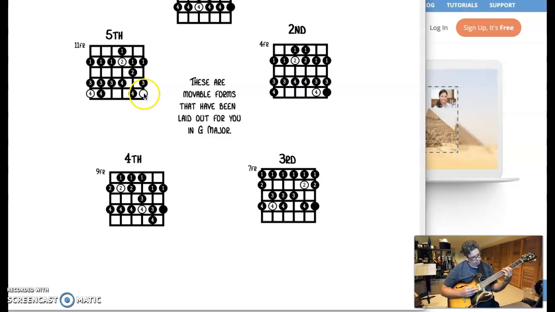So that's why I had the conversation with you in the first place about the minor pentatonic fitting in these places, so you wouldn't feel like you had so many things to learn. And then up here,